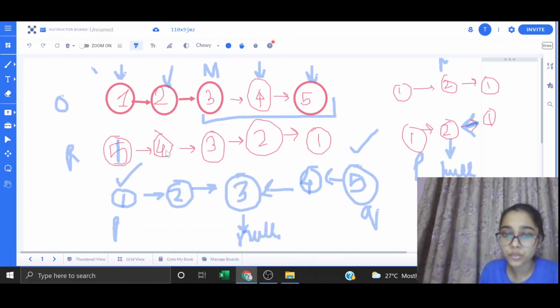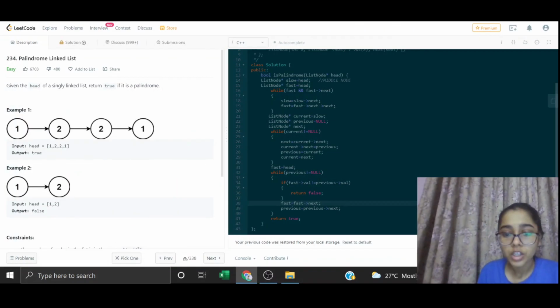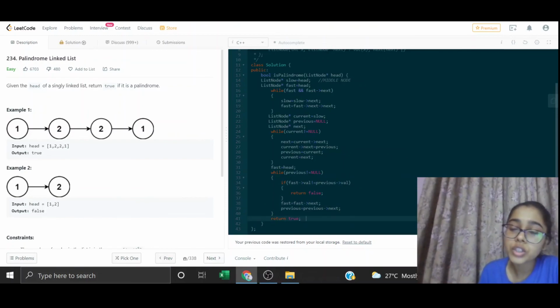Then our loop would break at 4 and 2. Otherwise, if it is coming out of this loop, that means my previous is finally pointing to null and there has not been even a single instance when the values are not the same. Then we will obviously return true. So this was about the palindromic linked list.